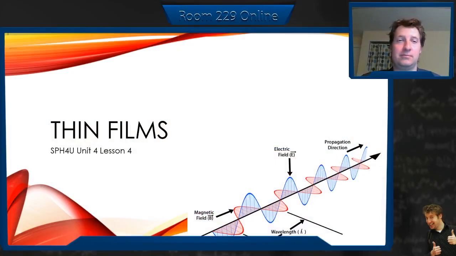Let's keep talking about wave optics, the behavior of light in terms of waves. So this is Unit 4, Lesson 4, and the phenomena we're going to talk about today is thin films. What happens when we have a very thin layer, and what happens to it optically? How does it behave with light? Okay, so before we move on to that though, let's think about